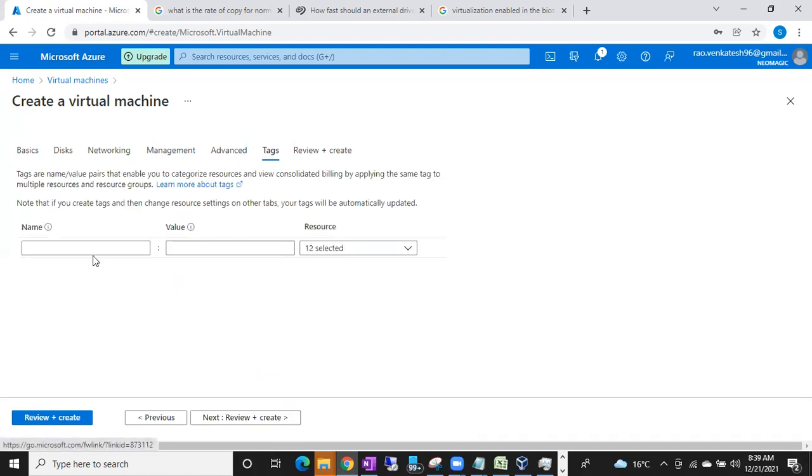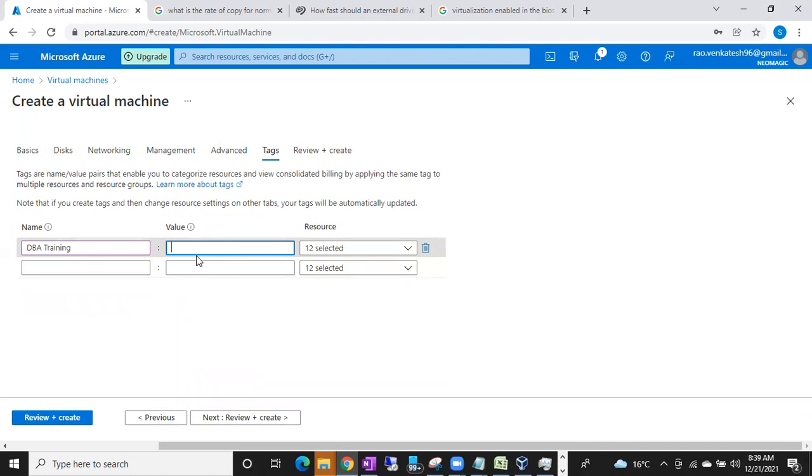Tags, you can tag it. What does this machine belong to? This machine belongs to DBA training. Who is responsible for it? You can give the email ID. For example, we will have a lot of servers and we won't know which server is maintained by which team. So we simply tag it, so that this belongs to the application team, this belongs to the database team, and so on. Imagine this server belongs to the HR team. Simply tag it HR team and mention the contact details here. It's also not mandatory, you can leave it blank if you want, and then review and create.